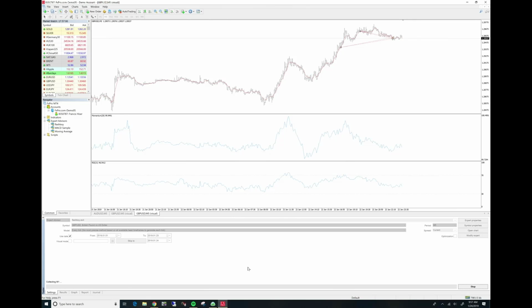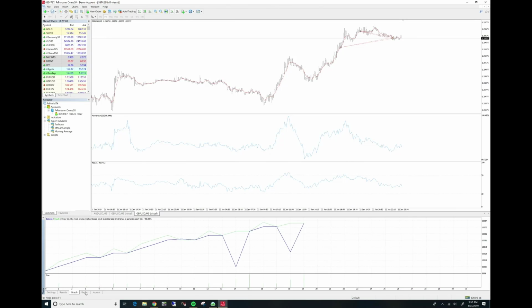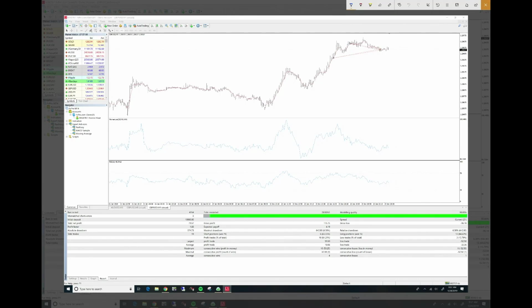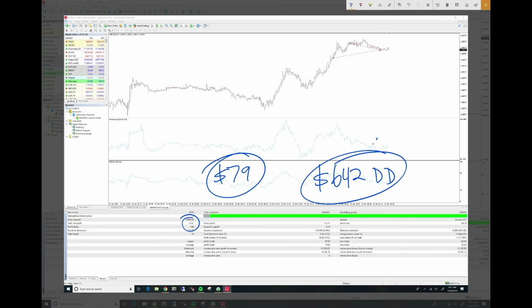I don't want to do visual mode. I want to just let the robot take the trades, and we'll go to the report. So now we have the same, oh, see, it didn't do much better. That didn't really change things. $79 in profit, but we had a $642 drawdown. Just not acceptable. This isn't going to work. I'm not going to tolerate that kind of